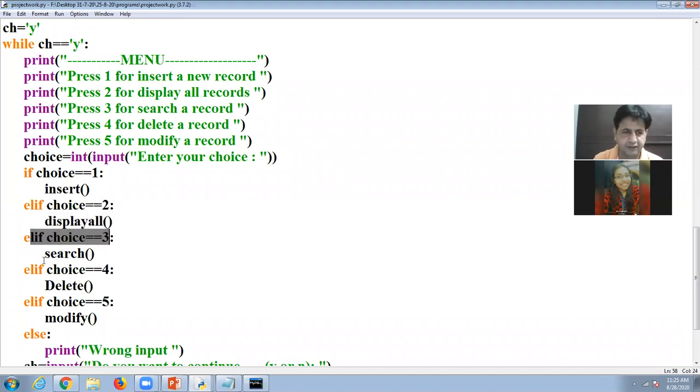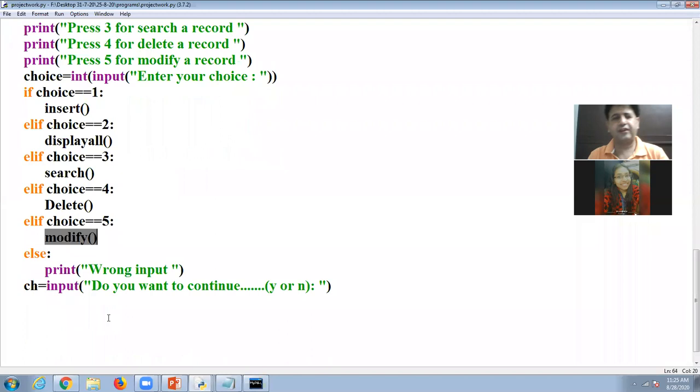If choice is 3, then I will call the search function. If choice is 4, I will call the delete function. If choice is 5, I will call the modify function. And if the user enters any other number, suppose 6, 7, 8, in that case, there will be a message: wrong input.